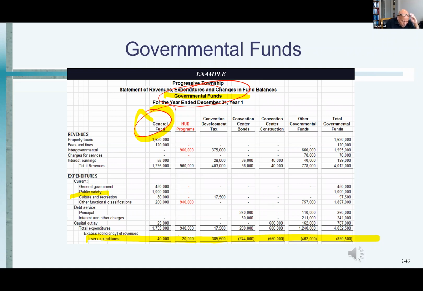Now what? We then have the difference between our revenue and expenditures, and we call that excess or deficiency of revenues over expenditures. Here they had an excess of revenues over expenditures, okay? So this is very much like a what? This number right here is very much like operating income would be on a commercial income statement. Commercial income statement would do what? Would have your